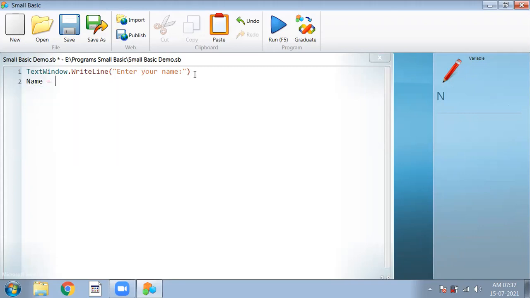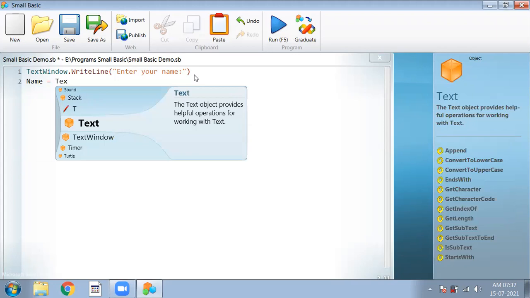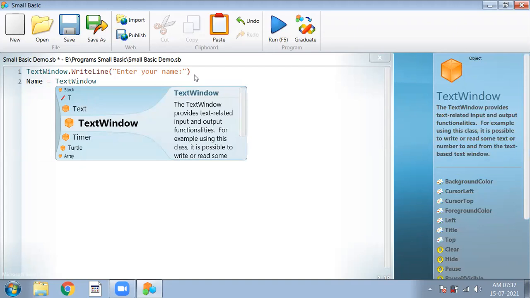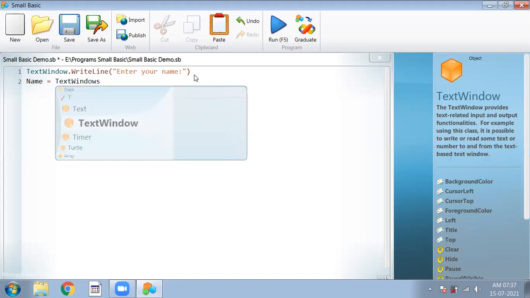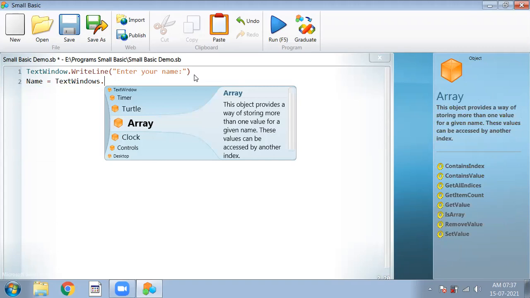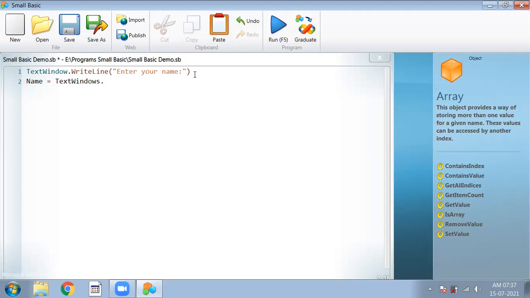Equals to, we have one command to take input from the screen, that is TextWindow.Read.